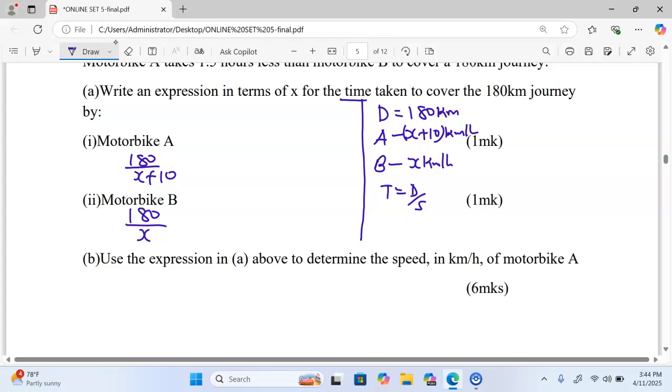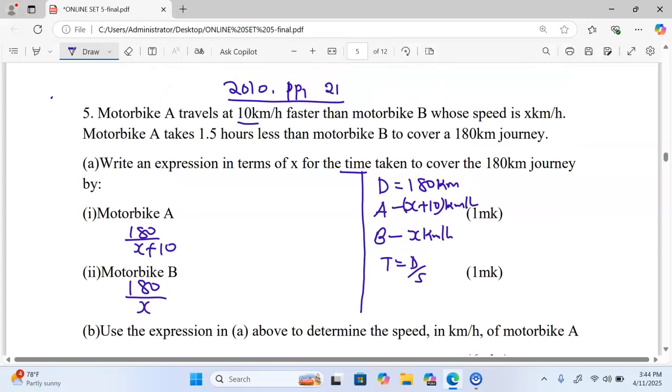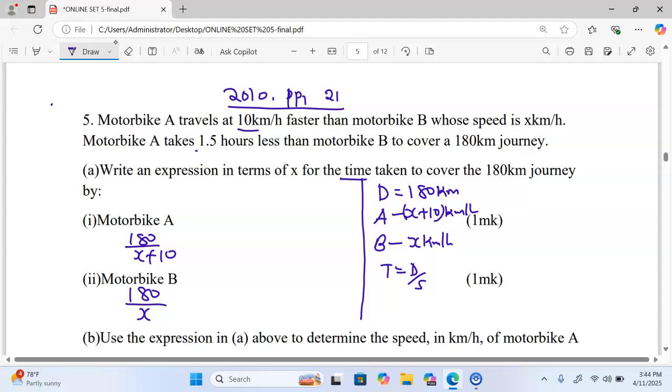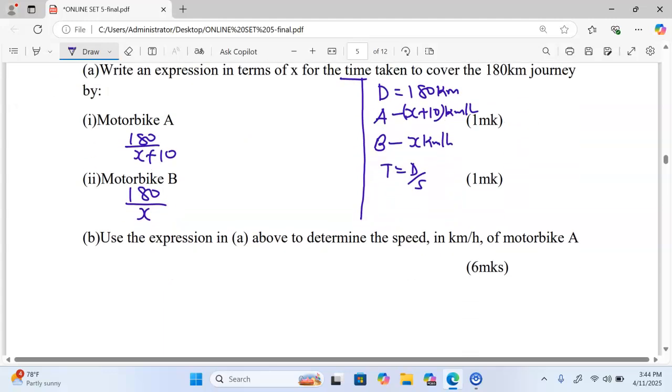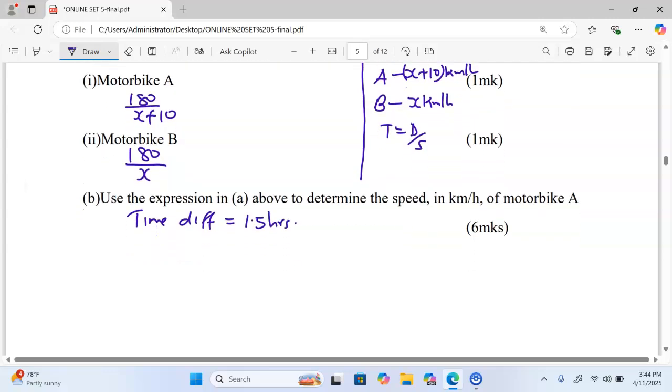This is again very simple because already we have the time difference between the two. We have been told that motorbike A takes 1.5 hours less than motorbike B. That is our time difference, 1.5 hours. We know that the time of A is 180 divided by x plus 10, and the time